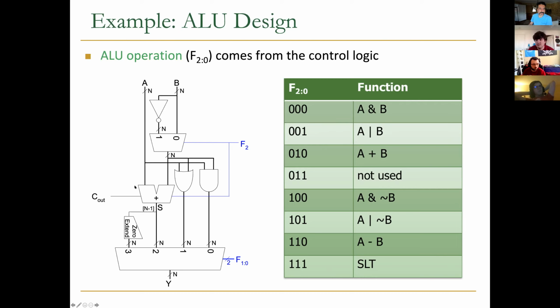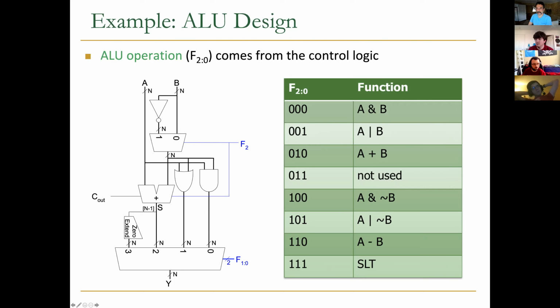So not B, meaning that adding together, you get A minus B here. The same for the logical operation. Here you have either 0 or 1, so you select either 0 or 1, okay? If it is 0, meaning that this AND operation is selected. So you have either A and B or A and not B. So A is always selected, and then depending on what is your